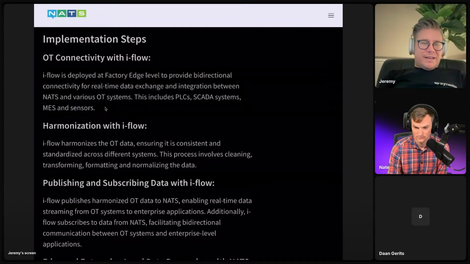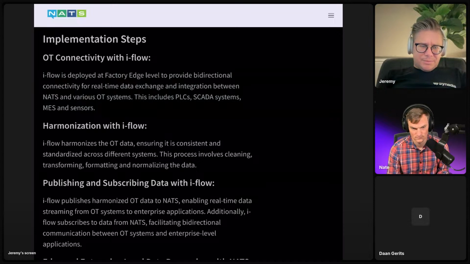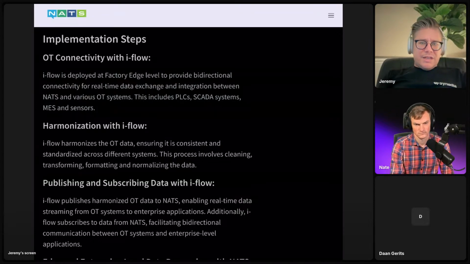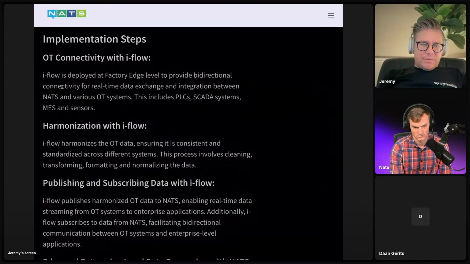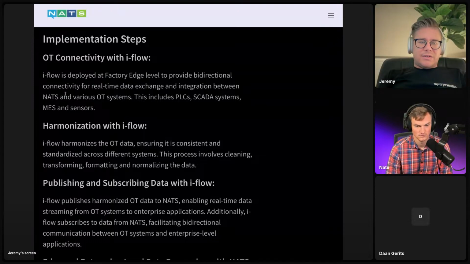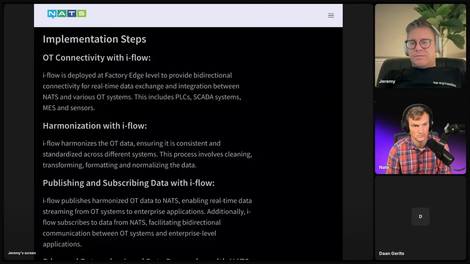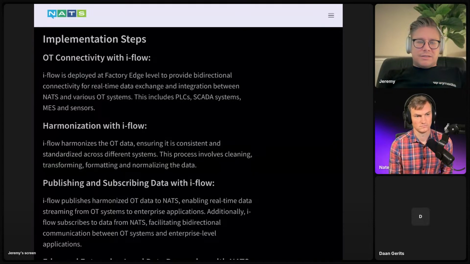Implementation steps. So OT connectivity with iFlow. iFlow is deployed at the factory edge level to provide bidirectional connectivity for real-time data exchange and integration between NATs and other various OT systems. This includes SCADA systems, PLCs, MES sensors, all different protocols and implementations for certain factory devices and sensors and things